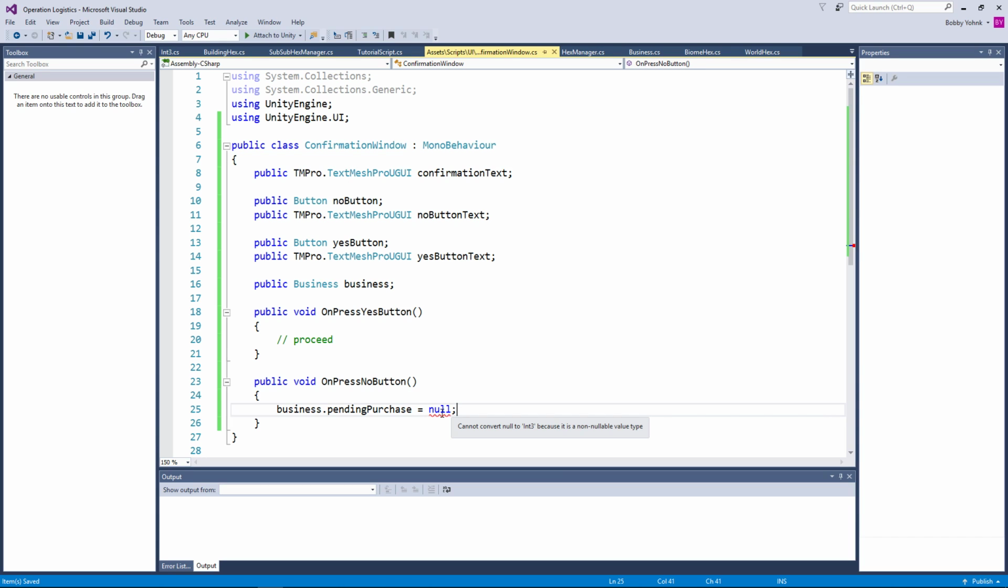Oh, this is a non-nullable value type. Yeah. New int3. Oh, not global int3. It's unnecessary. -1, -1, -1. That will be our null type. And we'll just check for that instead of checking for null. Okay, so when we press the yes button,